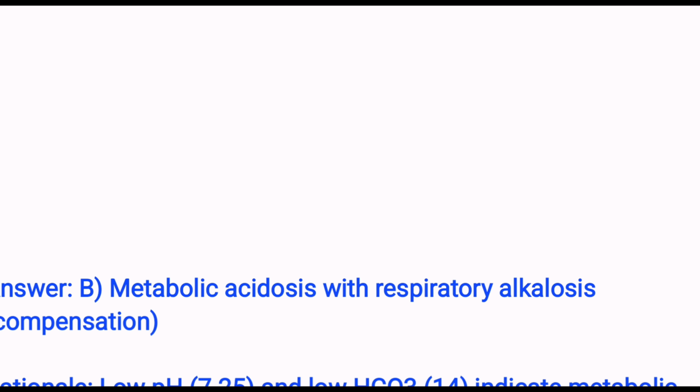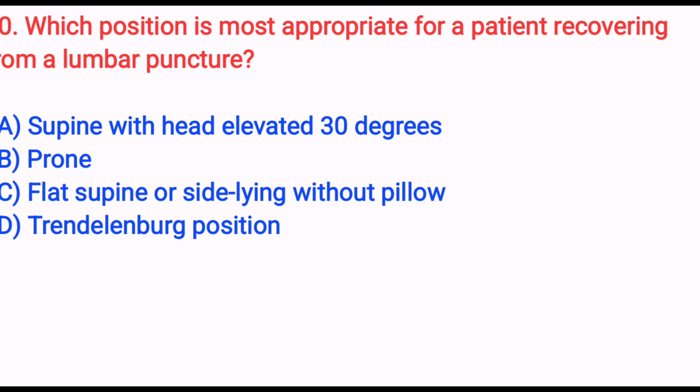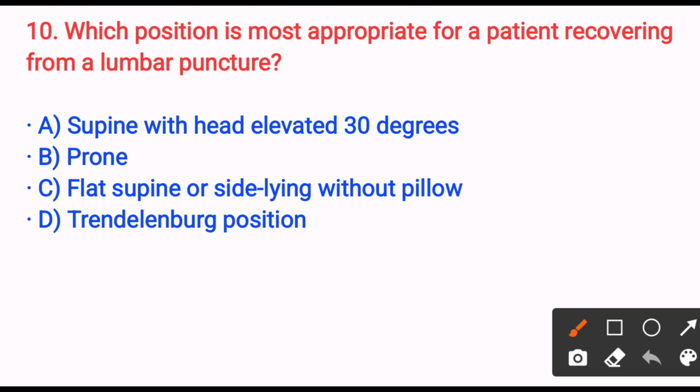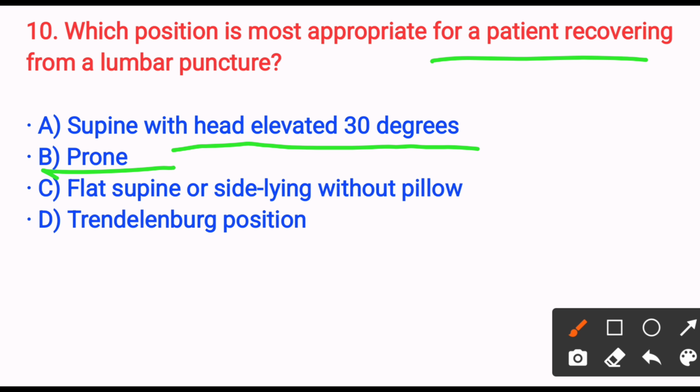Next, which position is most appropriate for a patient recovering from a lumbar puncture? Option A, supine with head elevated 30 degrees. Option B, prone position. Option C, flat supine or side-lying without pillow. Option D, Trendelenburg position. The answer is option